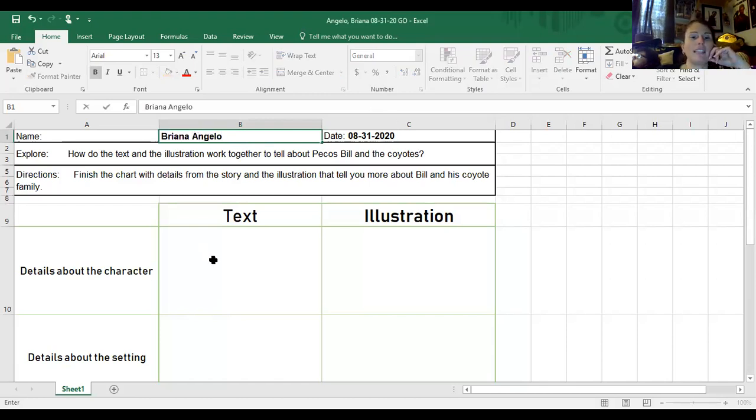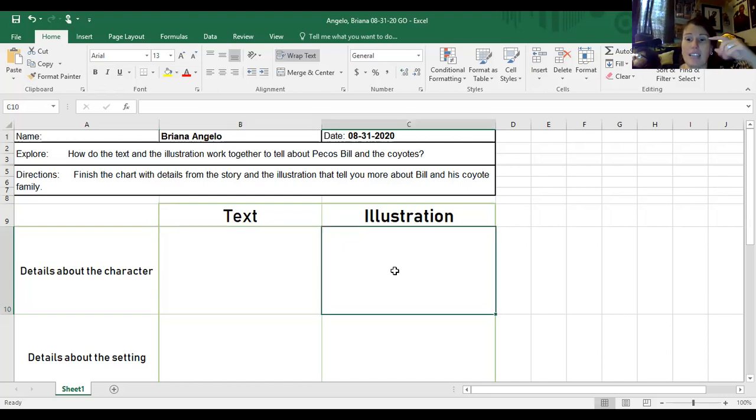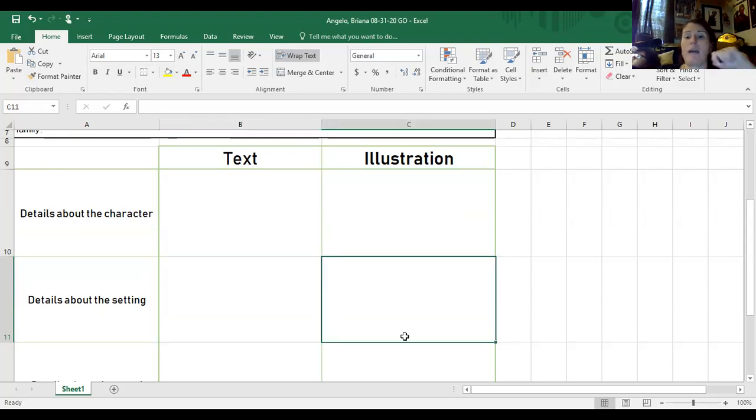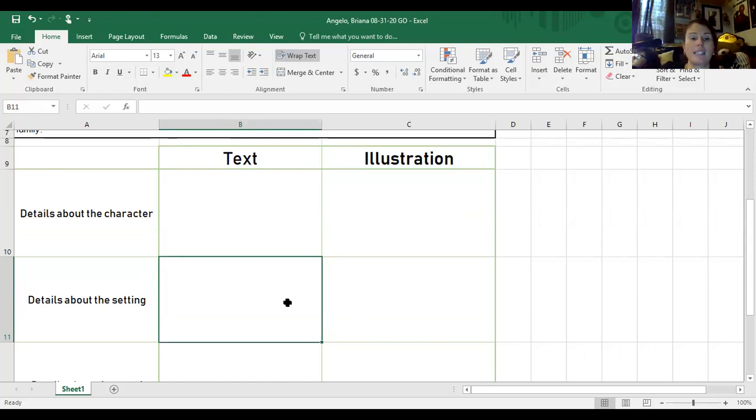Now, you have to fill in details from the text that are about the character. Then images, things that you observe in the illustrations that tell you about the character. Details from the text that tell you about the setting. Details from the text that tell you about the illustration. So I am going to put in here, and remember, I want complete sentences. So some of the details in the text about the setting, I'll do that one. It didn't tell us exactly where the story was taking place, but it gave us clues. So the first clue is